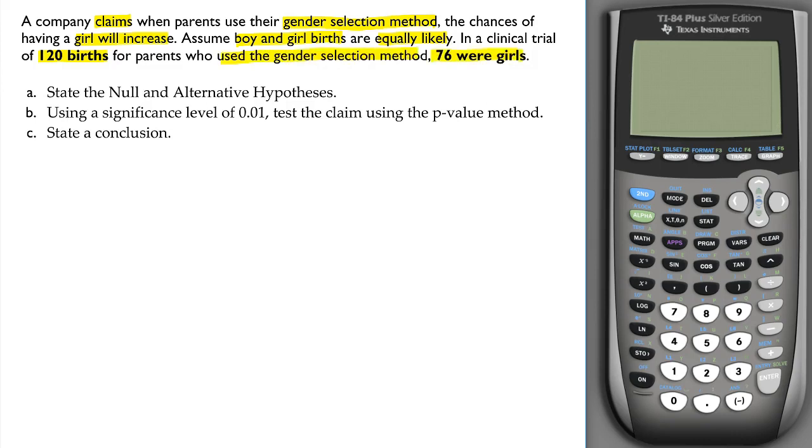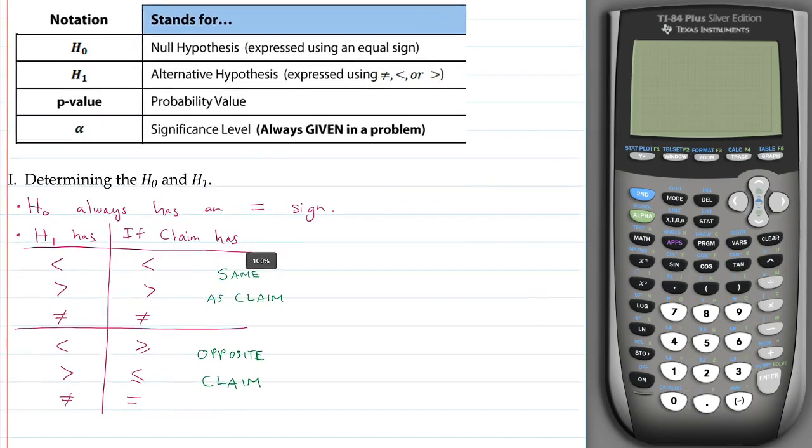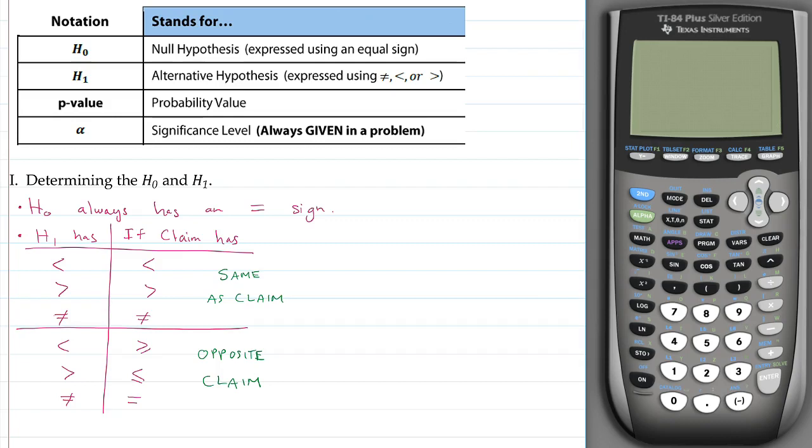A hypothesis test involves various steps. The first step is identifying the null and alternative hypotheses. So there are some notations and some things you need to know. You need to know these notations, what they are. So if you don't know them, familiarize yourself with them. So the first step